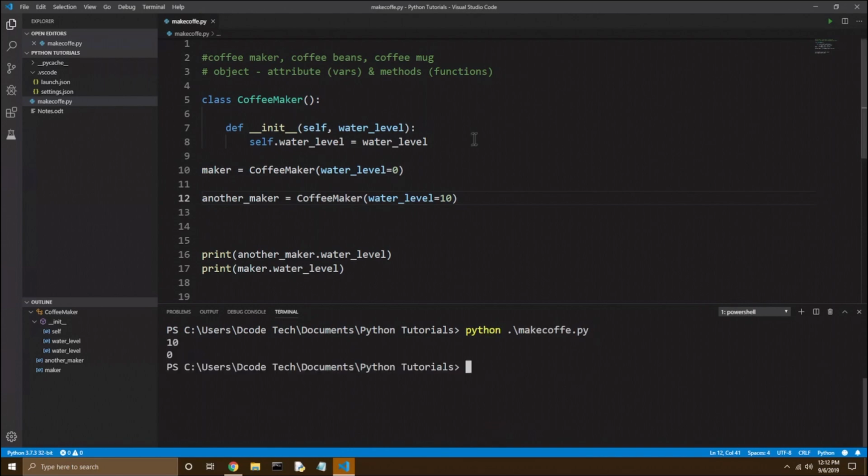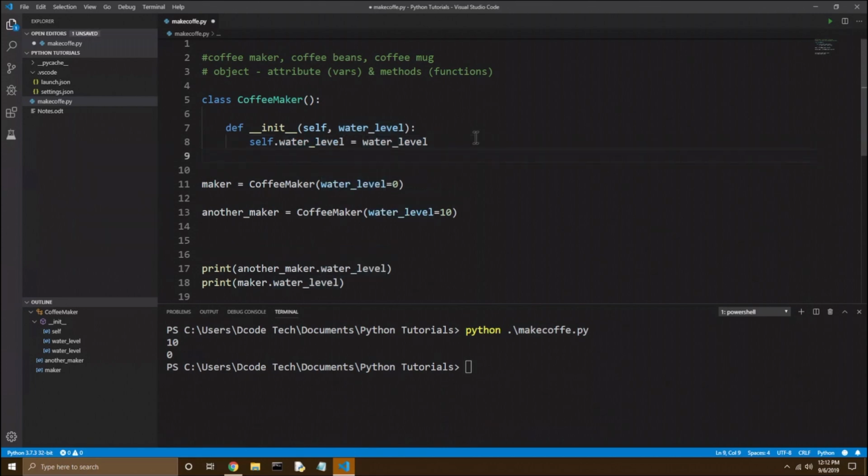And it is. So once again, let's try adding another attribute. Remember, an attribute is just a variable that describes something to do with the object. So we're trying to make a coffee maker object. So what else does a coffee maker have? Well, how about the size of the coffee cup you want to make? So let's do